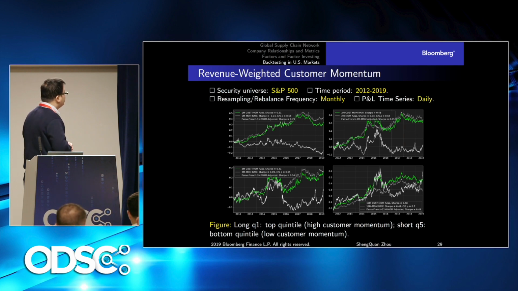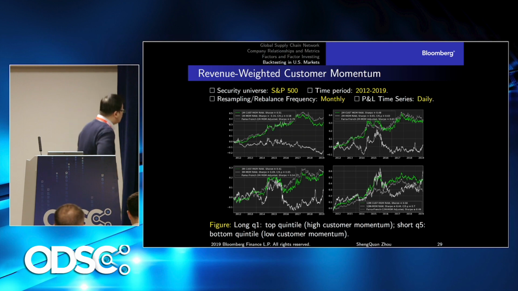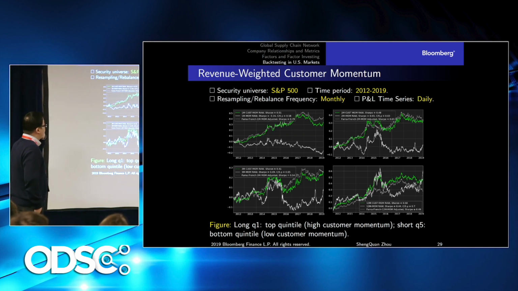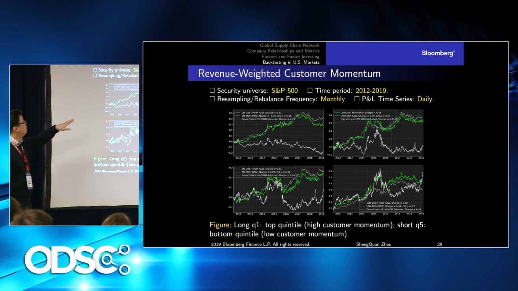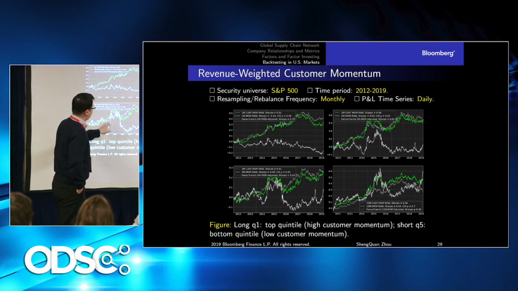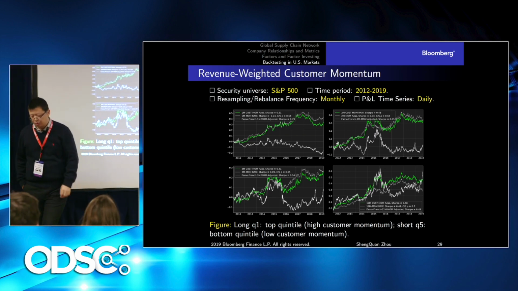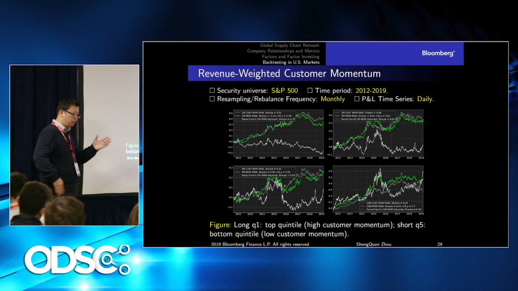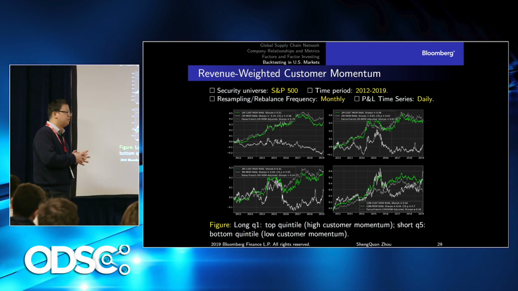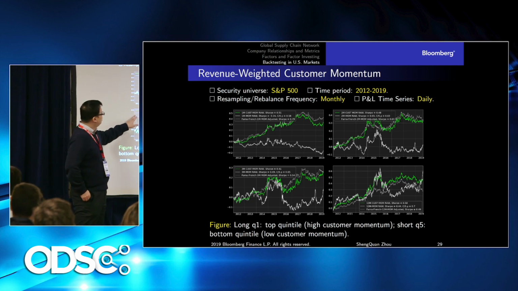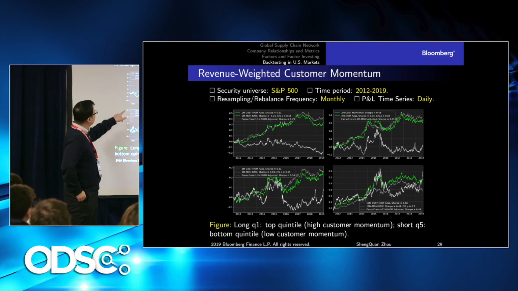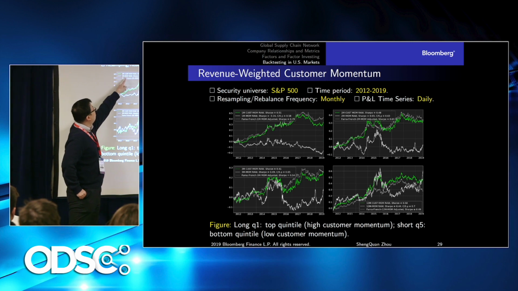So in this particular case, I'm showing two charts. They correspond to the momentum calculation of several horizons: 1 month, 2 month, 3 month, and 12 month. I've also tested momentum with a much shorter period, say 1 week momentum. But it turns out those extremely short horizon return momentums are very noisy. They don't generate any signals. The interesting story here is that if you look at only the raw P&L series,